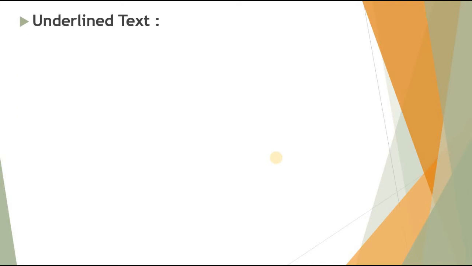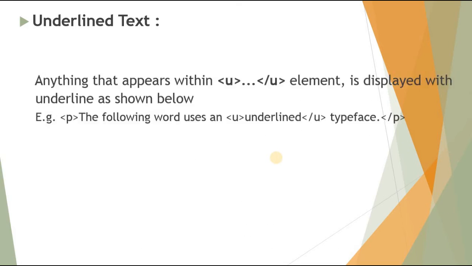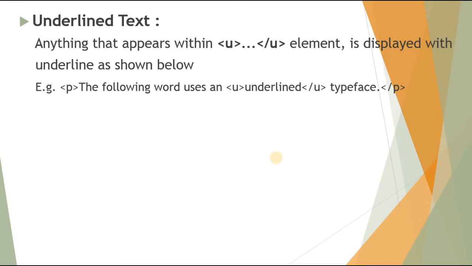Next one is underline text. For giving underline to the text, we are using an underline tag. Anything that appears within a U for underline. The underline tag starts with a U and ends with a /U, and the element which comes inside an underline tag will come with an underline when we execute